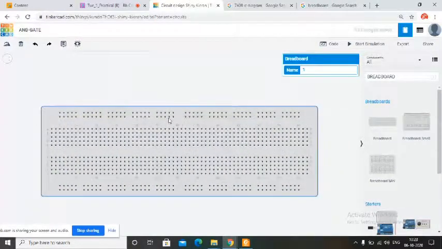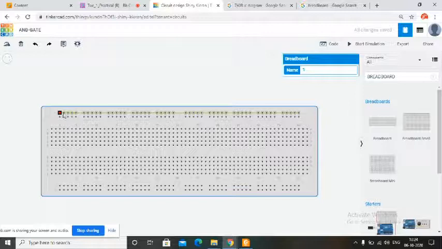Now the important thing that you should learn is how these dots are connected, right? The topmost two lines are the power lines, right? Negative and positive symbols are visible. On the left hand side, there is a green negative sign and a positive sign. So these top two lines are for the power supply, right? We will supply power to these lines, and these dots are interconnected to each other, right?